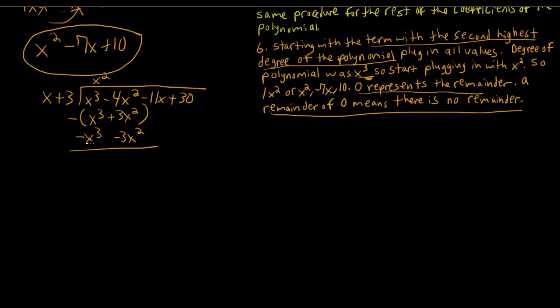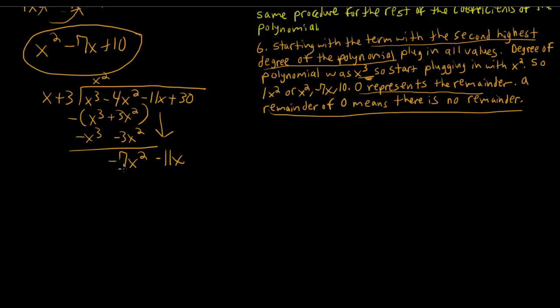The x to the third would cancel out. You have negative 4x squared minus 3x squared, which is negative 7x squared, and you'd have minus 11x that you just bring down, and you say to yourself,